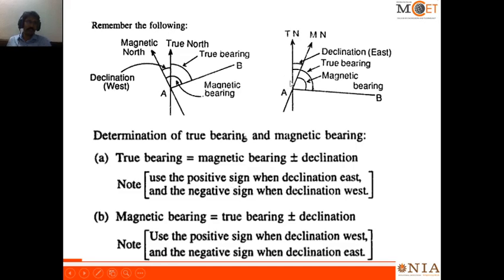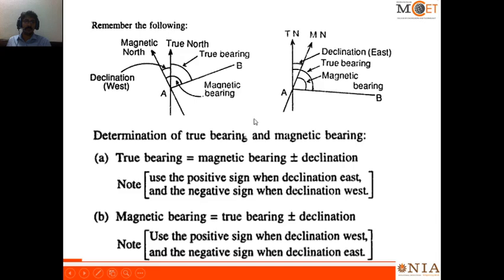If the magnetic north is away from the true north towards the west, it is a negative sign, right? Here the picture shows the magnetic north is towards the west. So it is a true bearing. The magnetic bearing is greater than the true bearing. So here again it is also called the magnetic declination, but this declination has to be subtracted to obtain the true bearing, right? So when you need to calculate the true bearing, it is magnetic bearing plus or minus declination,